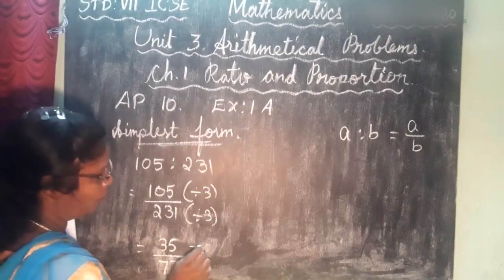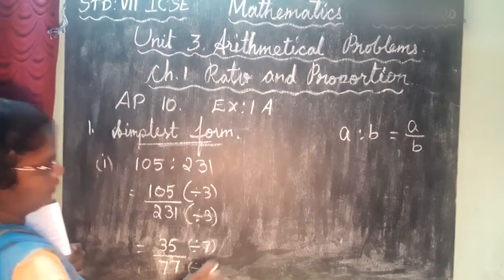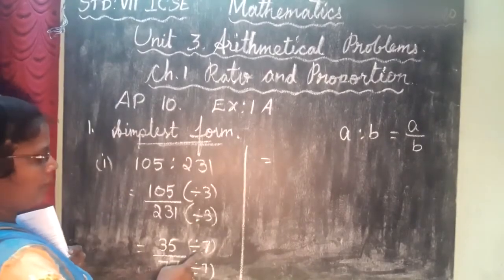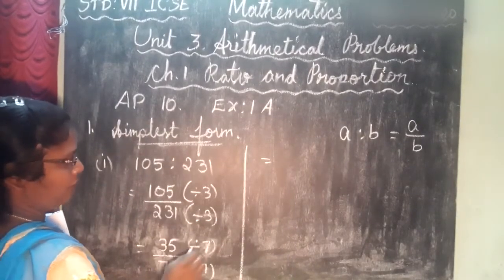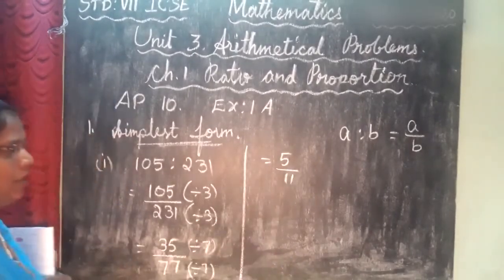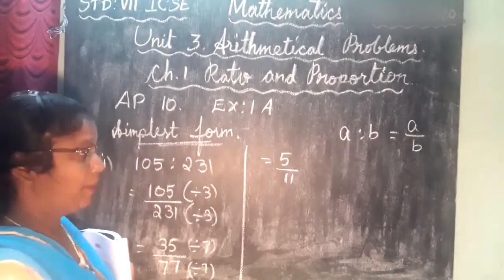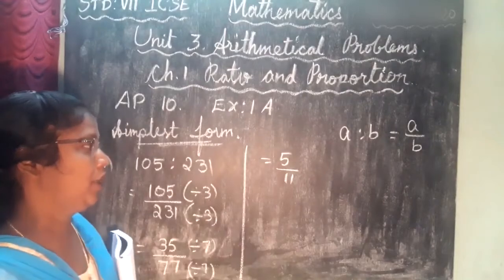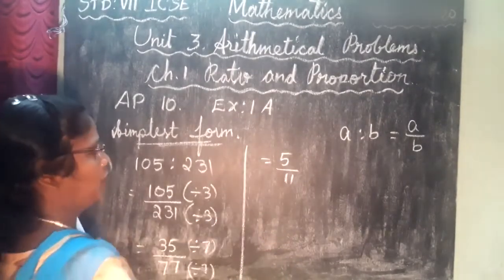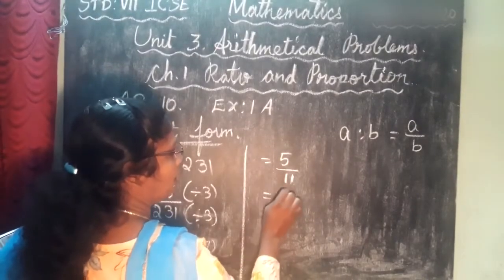Now I am going to cancel this by the 7 table. Dividing by 7, what am I getting here? How many 7s are 35? 5 times, 5 7s are 35. Here 11 5s are 55. Can I cancel any more? Am I having any common number between